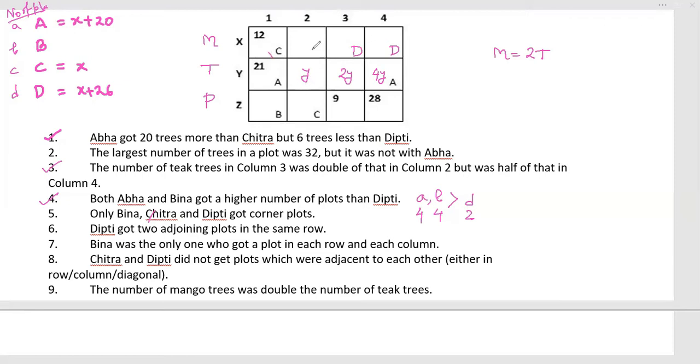C already has 2. C cannot be these ones. C can be only here. But again, C having 3 numbers is not possible. So definitely these two would be C. It would remain C. So C is fulfilled, D is fulfilled, A has 2 in number, that I can see.